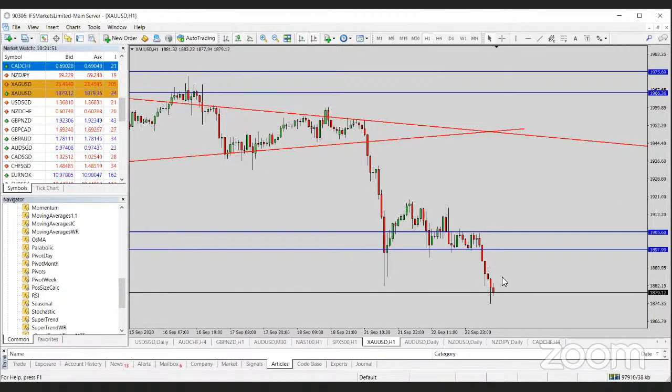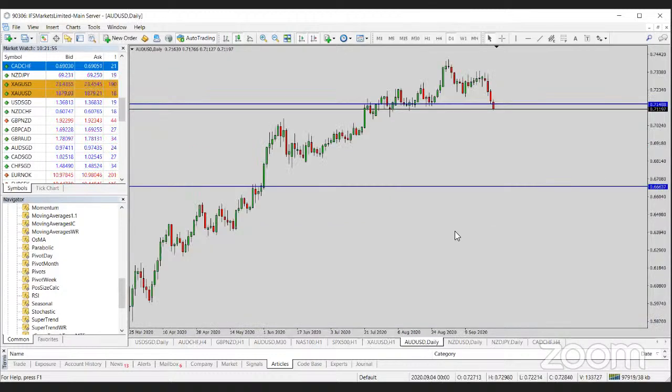Things that I was talking about last week that have changed, I'll just point out Aussie dollar. I'm now out of my Aussie dollar trades. You can see very clearly here that I have a lower high and now a lower low. So really, what that means is I'm no longer trading this on the daily time frame, but I am looking for shorts on the intraday time frames,